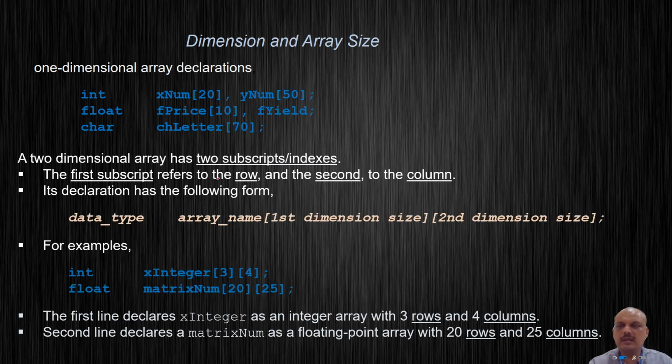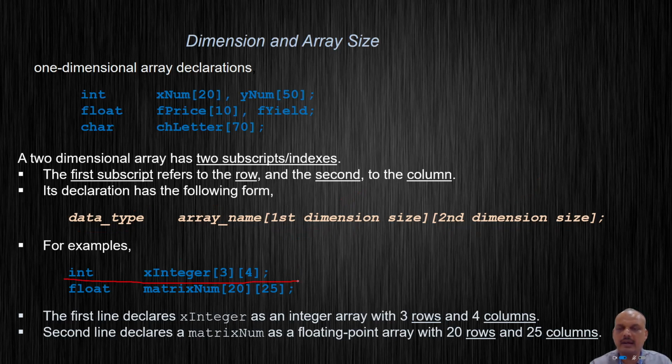Similar to this, we can have a two-dimensional array. The only difference is that now there are two indices or two subscripts, the first dimension and the second dimension. The rest of the format remains the same. So we have a data type, the name of the array, then the first index, and then the second dimension index. Or we call them the first subscript and the second subscript. Given here are examples of a two-dimensional array.